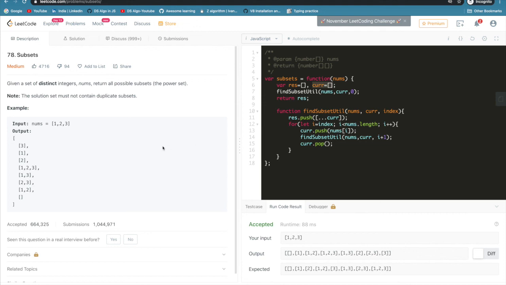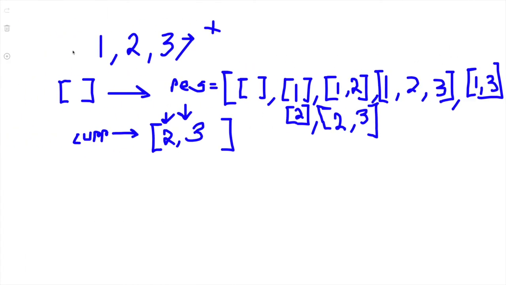We are only doing this because we know that it has distinct integers. If it wouldn't have distinct integers, like if the array contains something like this, then we would have got some duplicate subsets like 1 comma 2 comma 3. We would have got that twice. So in that case we need to check for duplicacies, which is not required to be checked in this problem, but in the future in some other videos when I encounter this kind of problem, I will surely share that